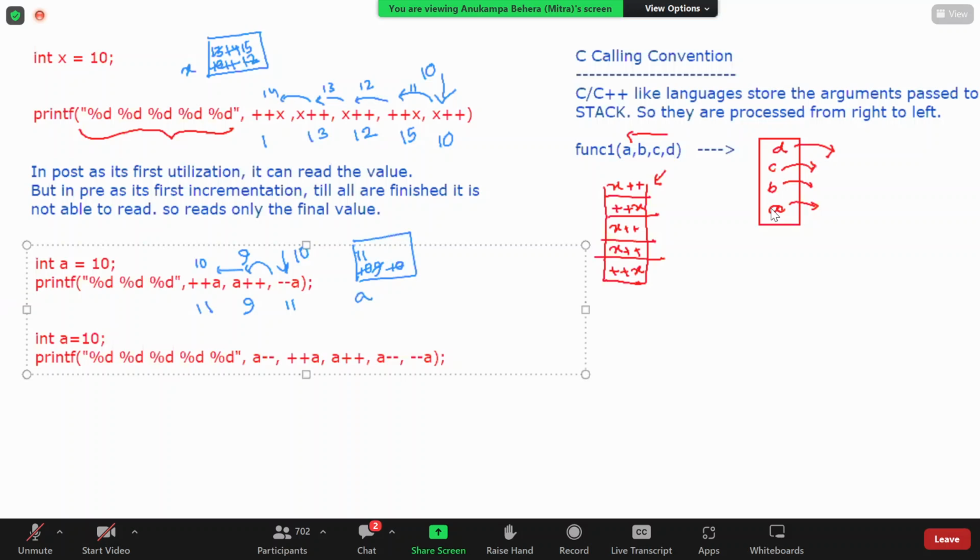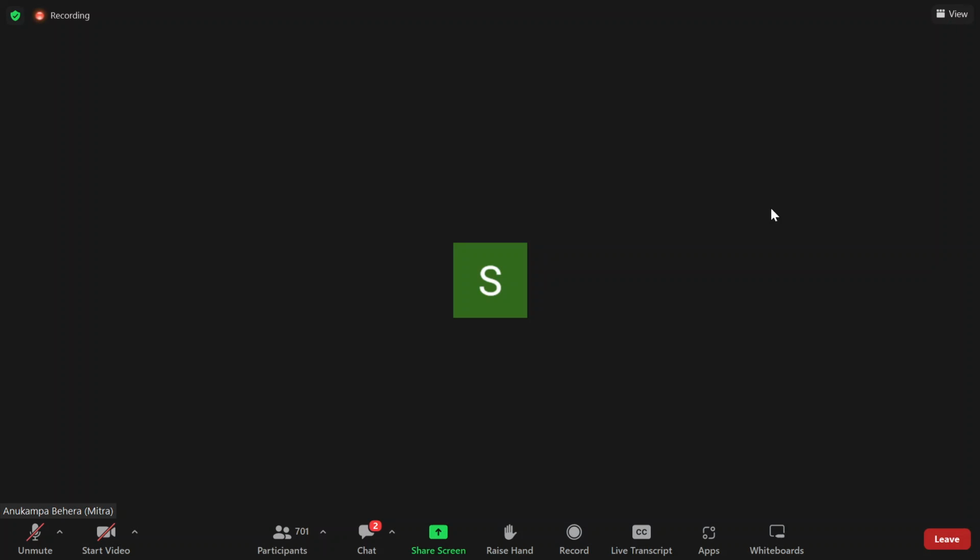Which screen is visible to you? Whiteboard।